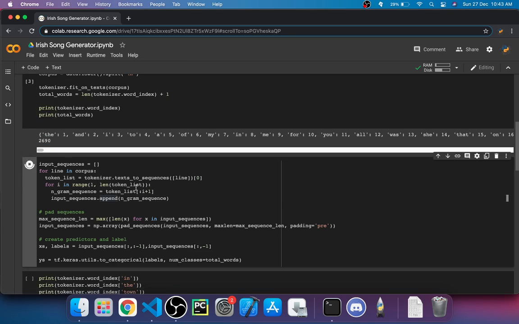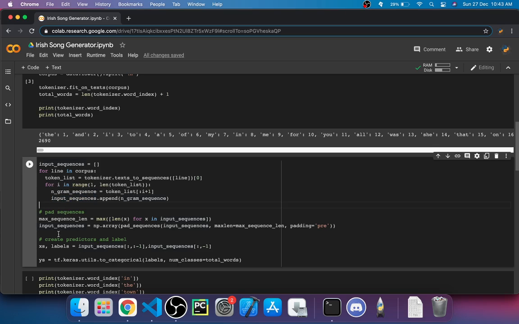Now what we have done over here is some data processing. For every line in the entire corpus, we have taken the tokenizer and used the texts_to_sequences function on it. What the texts_to_sequences function will do is what I just told you, it will map the words to numbers. And then for index in range of the token list, we have put every single sequence into the input sequences.